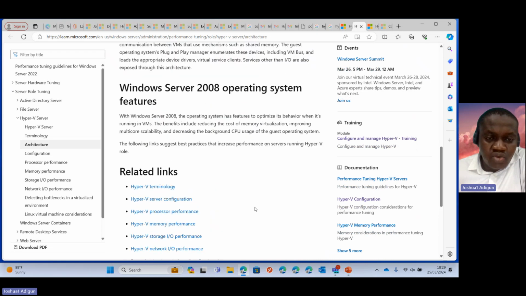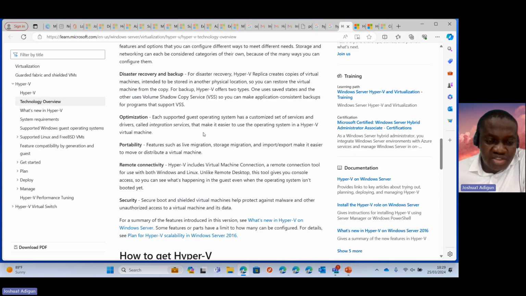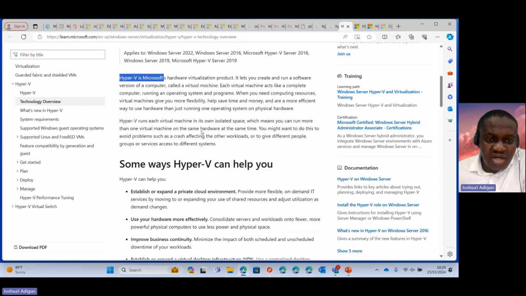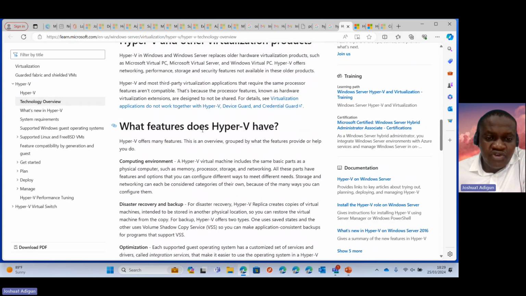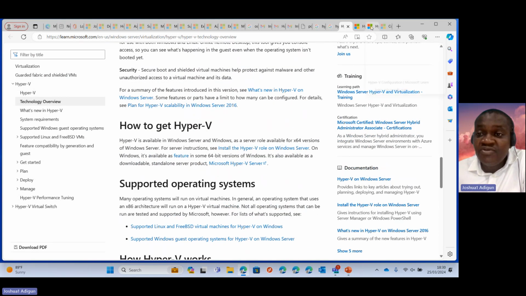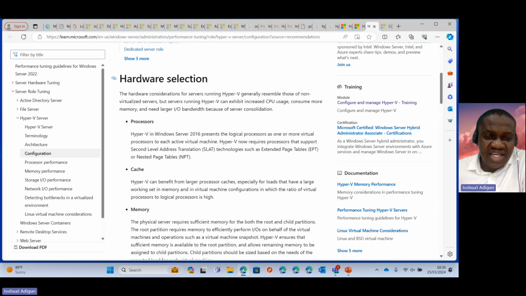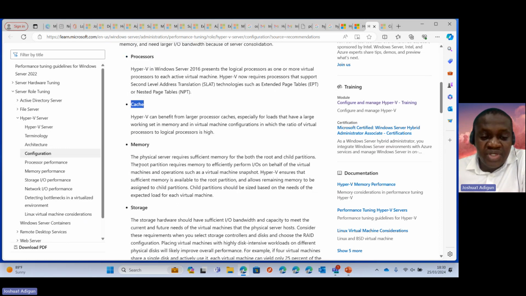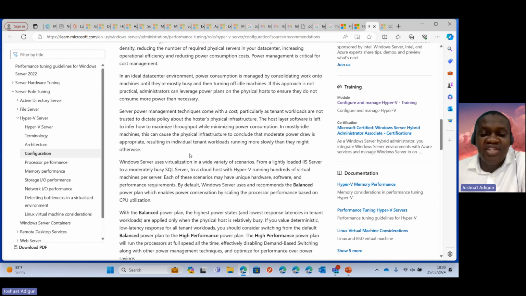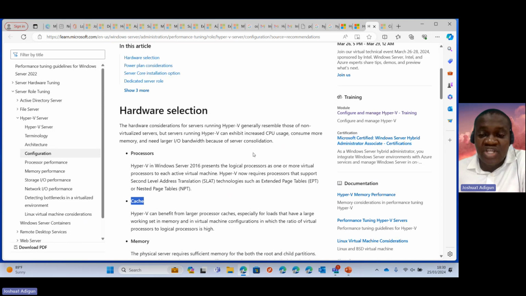So basically, what this is saying is virtual machines typically comprise devices, processors, and even memory. As you can see here, we have the hardware selection where you have to consider the processors, the cache, the memory, and even the storage. All these things are things you need to consider while selecting or trying to set up